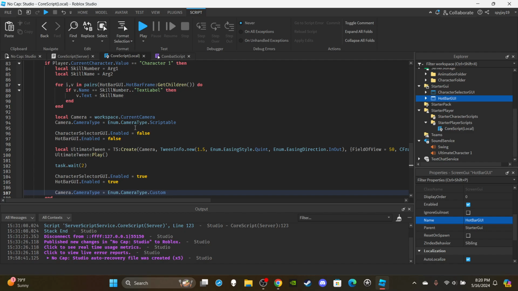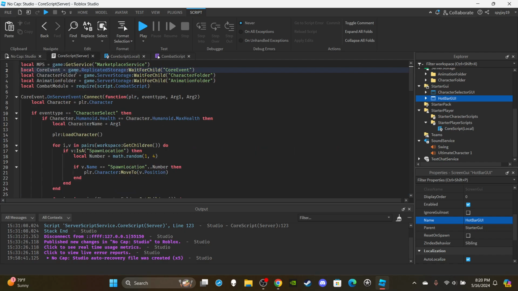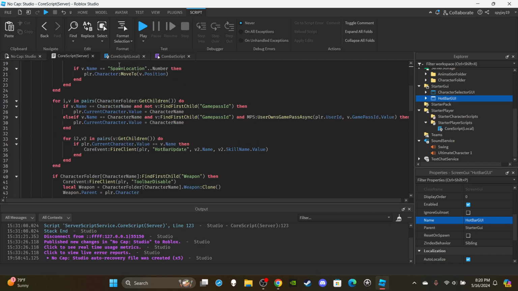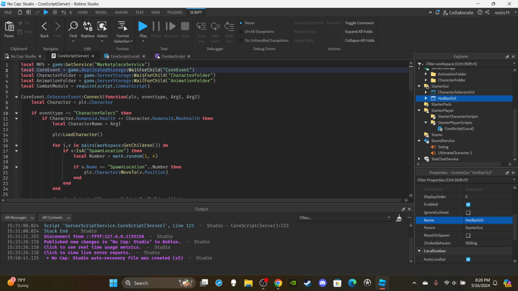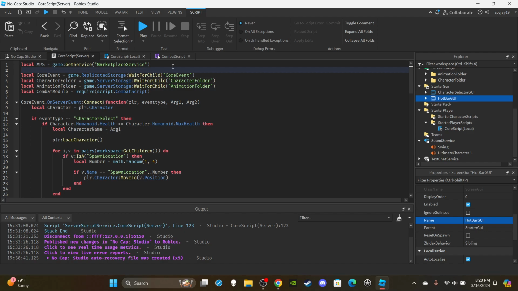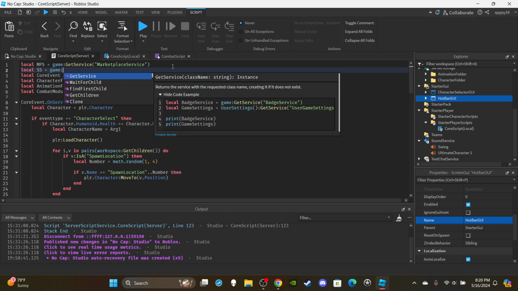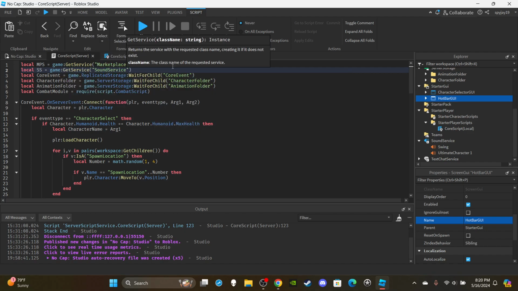Now it's time for the server script changes. So let's move to the core server script. I honestly feel like the local script had most of the real changes, since it's mostly handled on the local script. Anyway, let's go ahead and get the sound service for our ultimate sound. So go up here, go after the marketplace service variable, and you're going to say local SS is equal to game:GetService("SoundService"), and